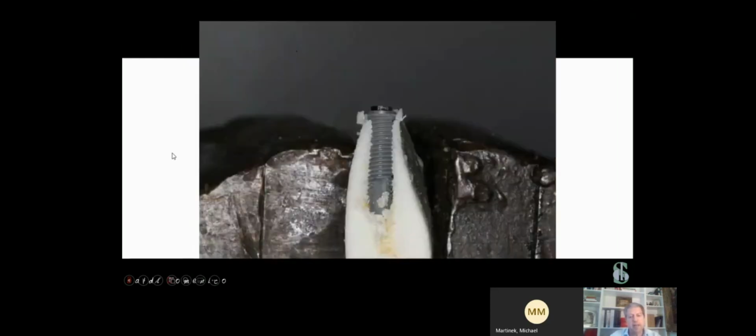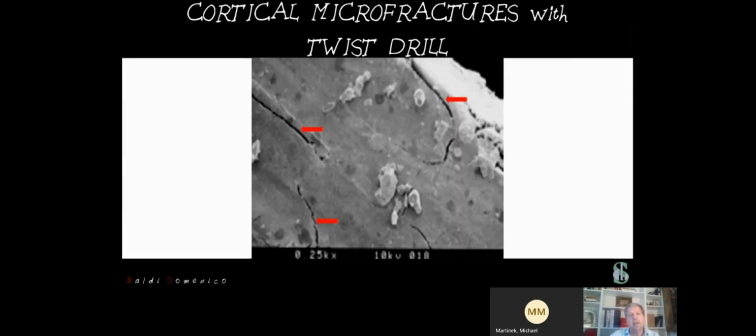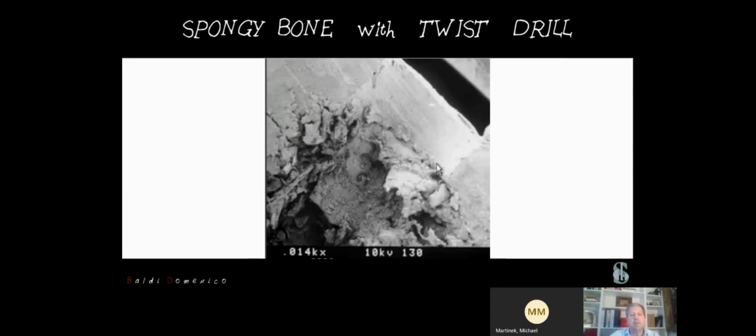This is a final work. And if we analyze this microscope view, how the situation of the cortical bone has changed without using anything, we can see in this image a microfracture after using the drill. Again, the spongy bone undamaged. And you can see the spongy bone